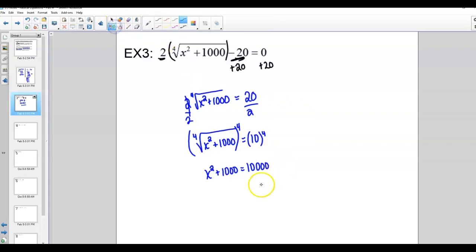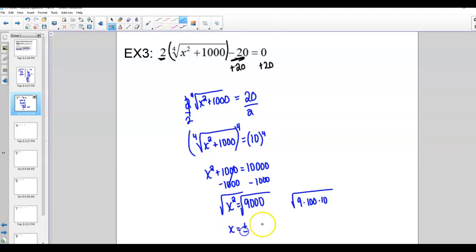Okay. And so if we subtract the 1,000, we're going to get x squared equals 9,000. And we will square root both sides here. And let's see, if we're going to break down 9,000, it'd be 9 times 100 times 10. If I wanted to break it down that way, I could do 900, I guess, there. I'm just thinking of these in separate parts. So we're going to have x is going to equal plus or minus